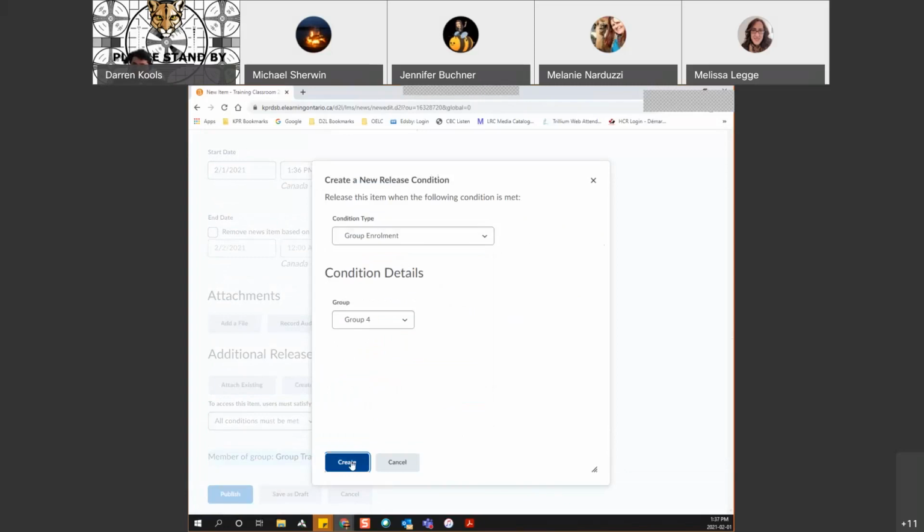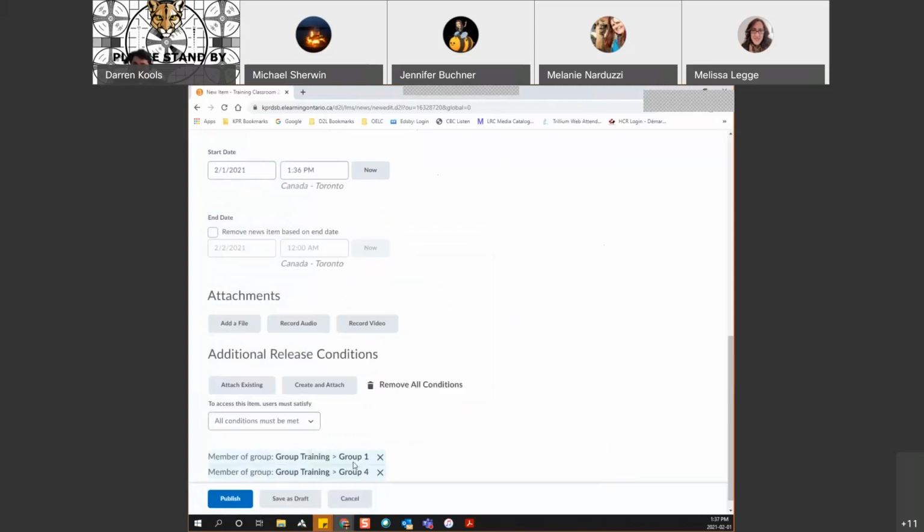And group 4 is part of it. Now in this instance, because I have 2 conditions, I need to make sure that I change this all conditions to any. Because right now they'd have to be members of both groups to actually see this news feed. But if I change this to any conditions must be met, and I publish that,